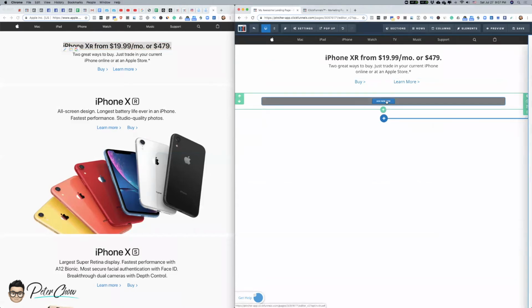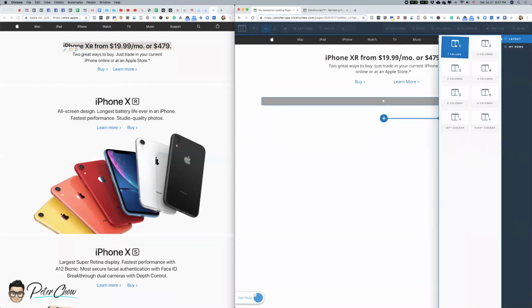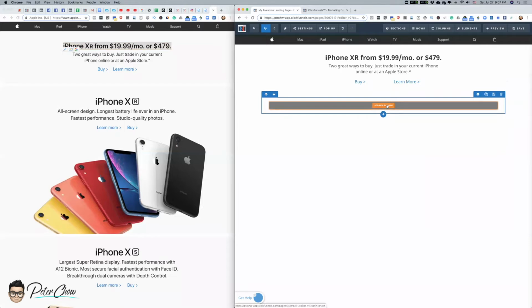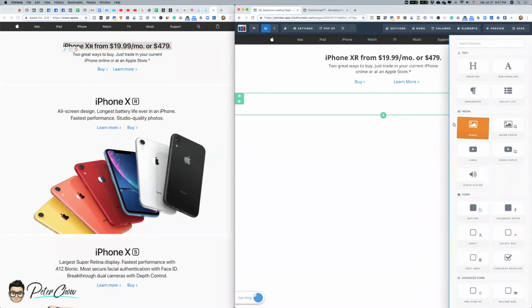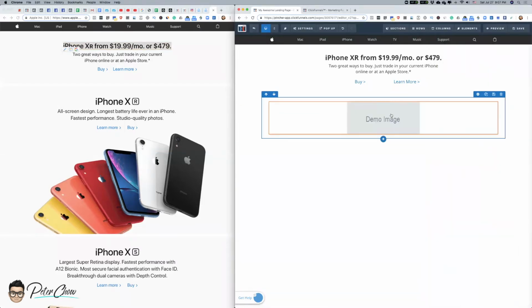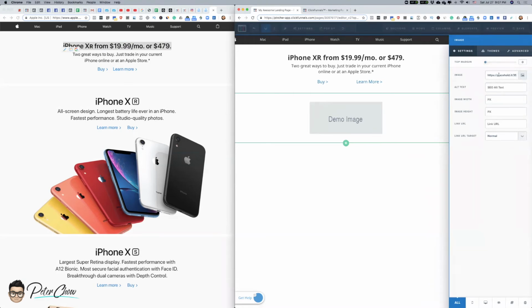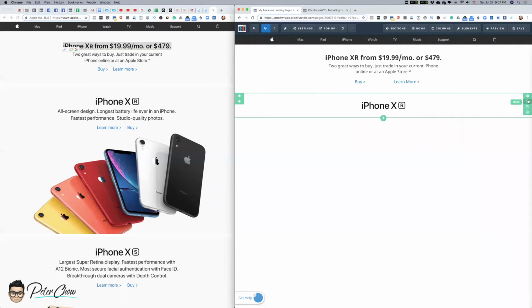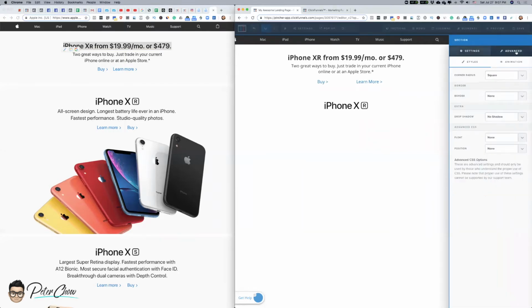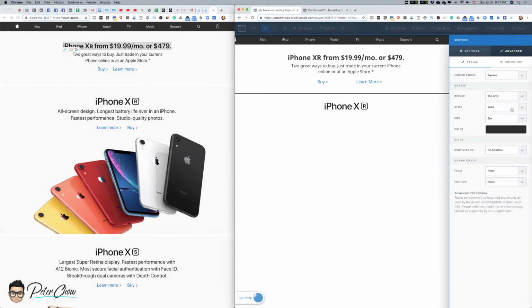In the column, I'm going to need to have an image. In this image, I'm going to put in that logo. But of course, I am going to also need to add that band, the white band on top. Top only,